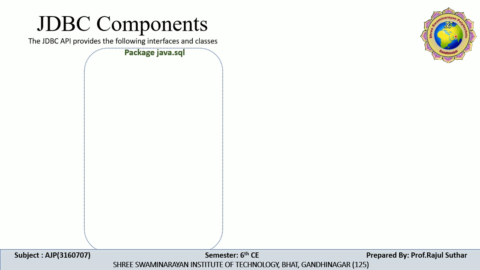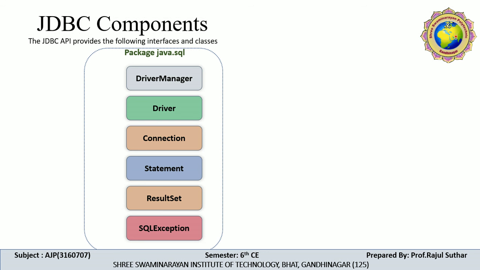First, this is the figure of the package java.sql. Here the first one is DriverManager. So what do you mean by DriverManager? This is a class, and the remaining ones, Driver, Connection, Statement and ResultSet, are interfaces. And for SQLException, if it is covered in a program, we require try and catch for SQLException. What is the DriverManager?